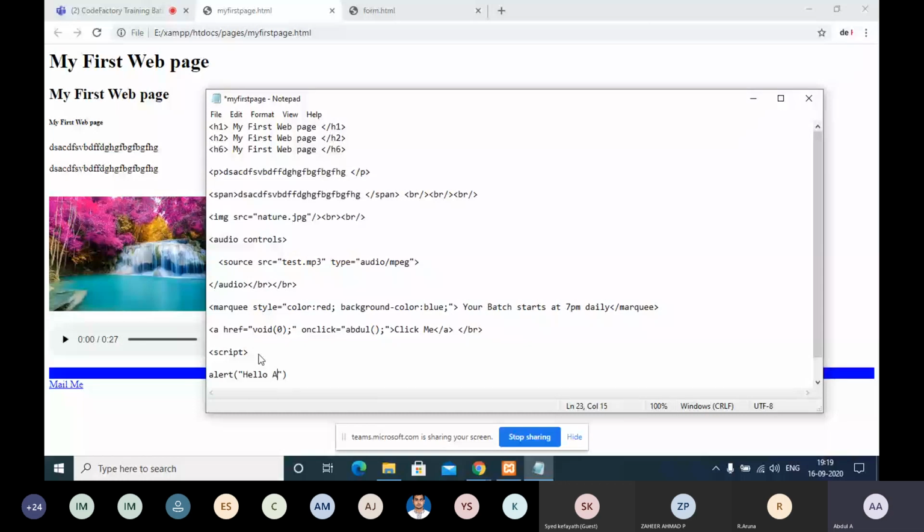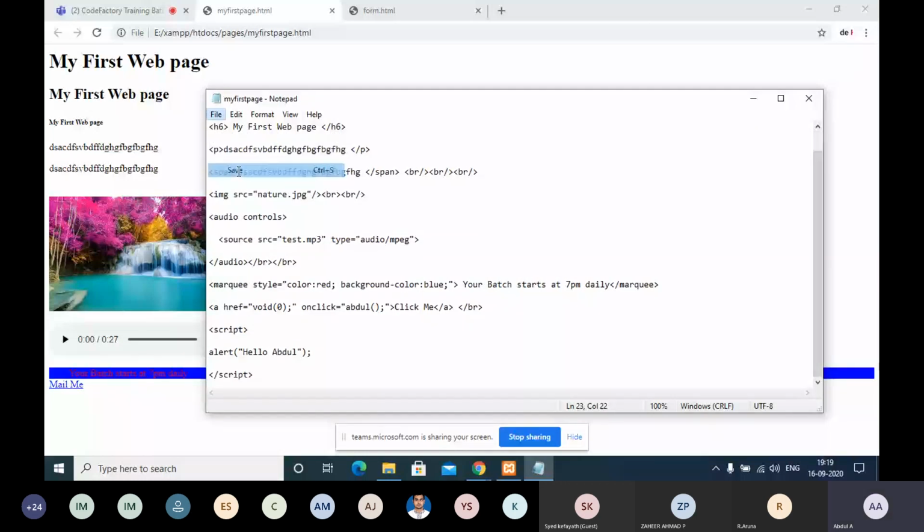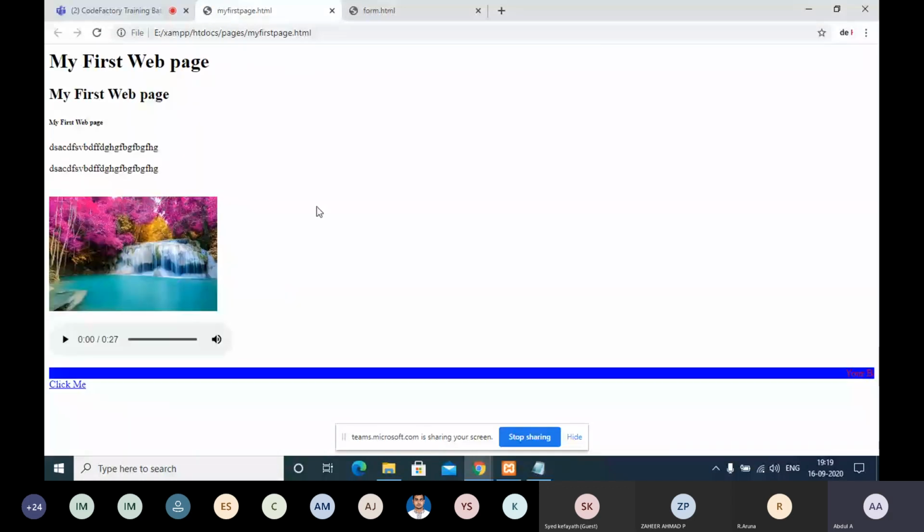Sometimes I may make some mistakes, like a syntax issue or something. Fine, so I'm just saving it and executing it. Now I'm just trying to click. One second.